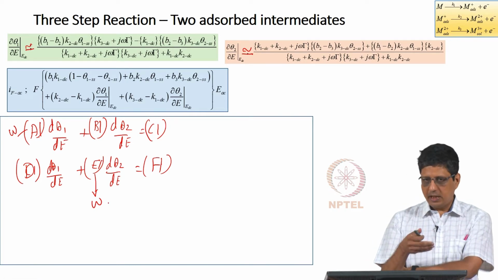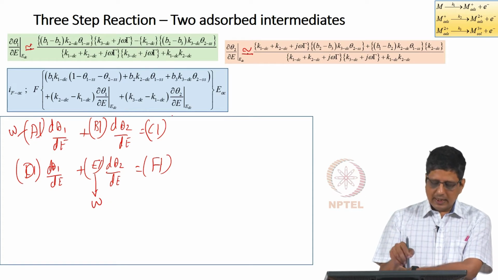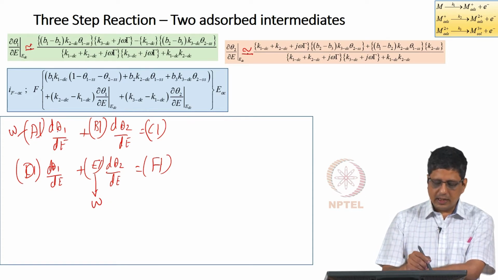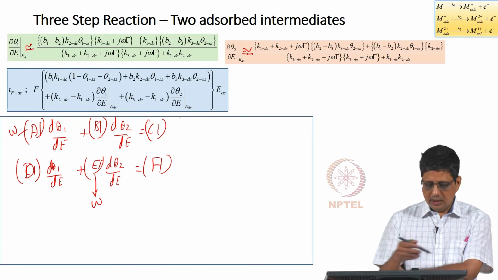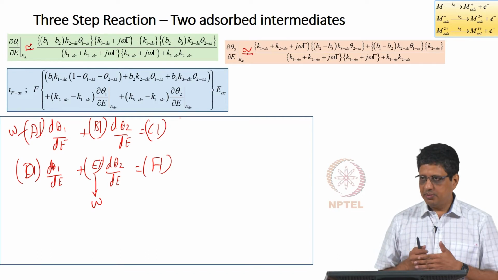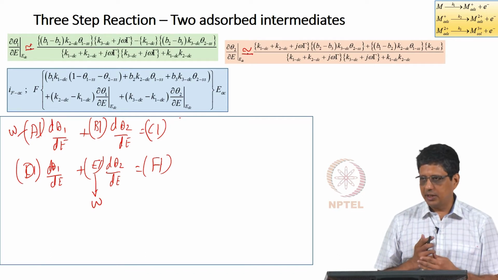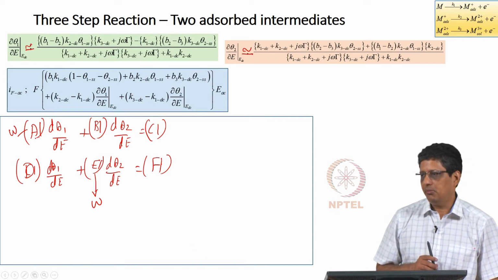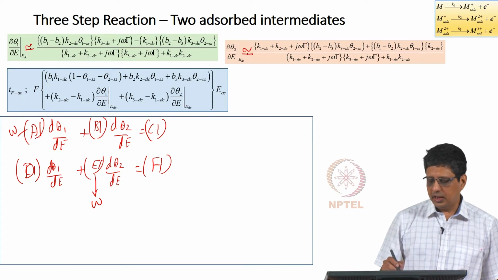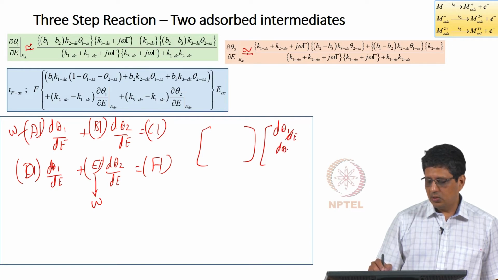If I have many intermediate species, I will get expressions like this. Instead of this, I will get d theta 1 by dE, d theta 2 by dE, d theta 3 by dE and so on. I will have n number of equations, because for each species I have a mass balance equation, and the diagonal will contain omega term there. So, it will come like a matrix. It is going to be d theta 1 by dE, d theta 2 by dE, d theta i by dE